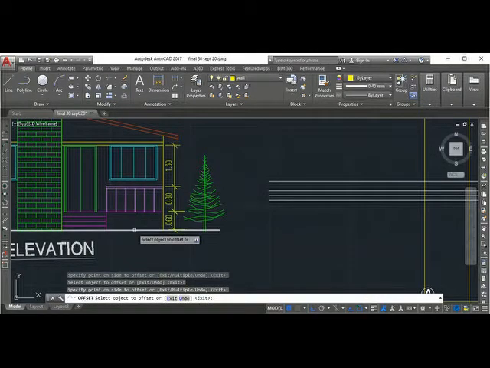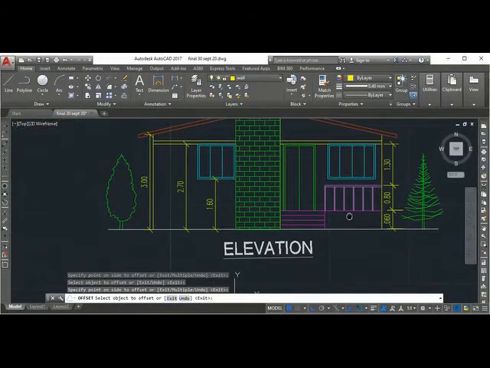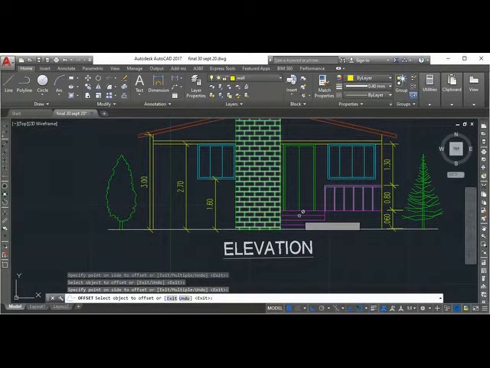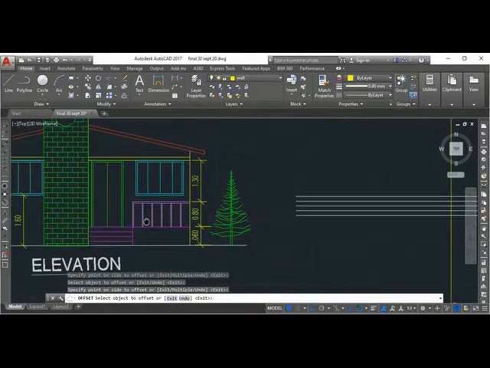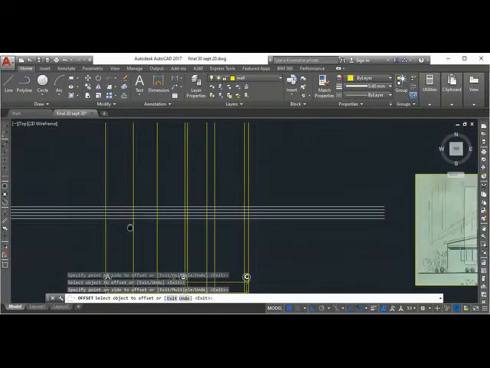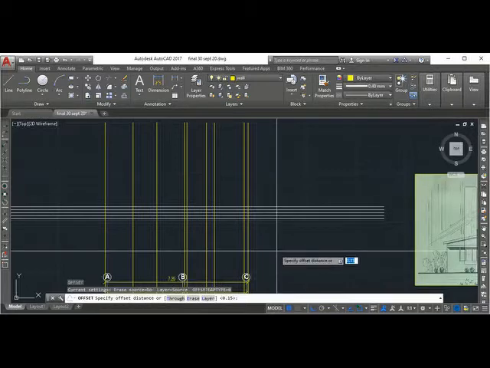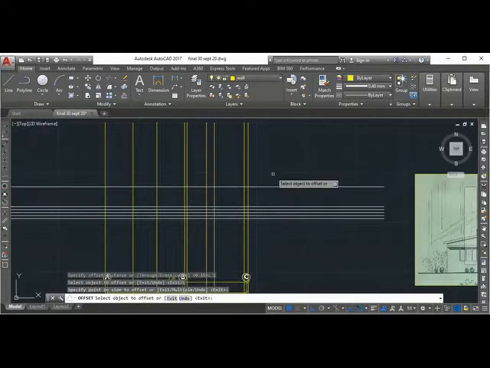If you are tracking from the ground, you can see here it is 1600 mm. So from the plinth it is 1 meter. We have already reached 60 height. Now we'll make offset 1 meter, 1000. So this is my sill level.